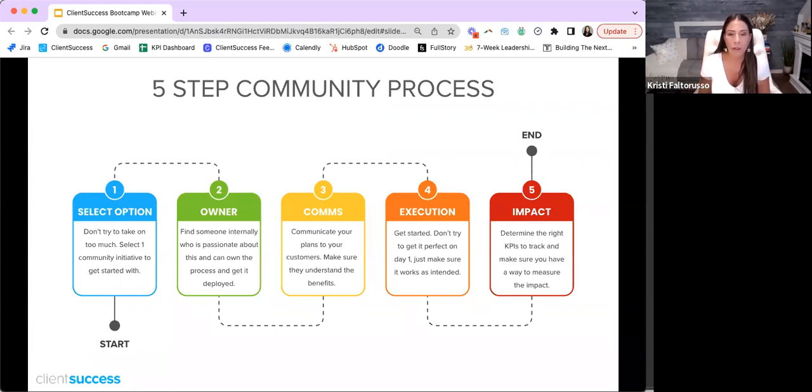We all are so well-intended. We all want to do these things. I don't think there's anybody I speak to who says, no, Kristi, we don't want to facilitate community. We don't want our customers talking. We don't want them getting value from one another. We don't want them to be friends. Nobody says that. But what happens is we have great ideas. We think about all the things we want to do, but because nobody takes ownership of it, it doesn't happen.